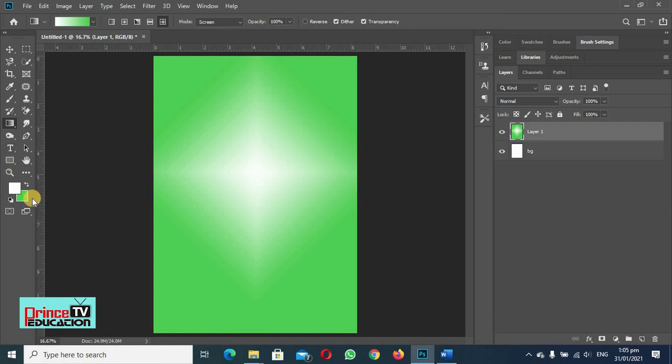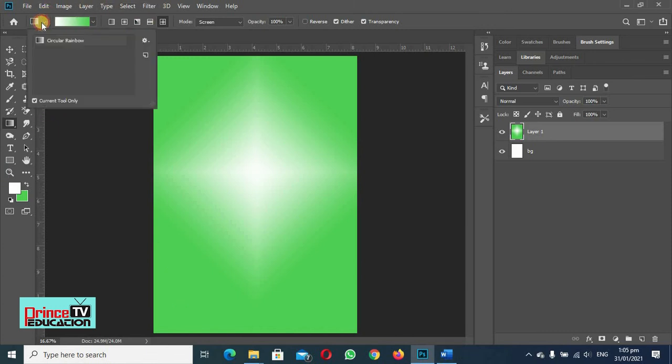So now you can see that this is background and this is foreground, and the background color is given to the back and the foreground is colored in the middle. So if we press reverse, these colors will be reversed. We can select the opacity, we can select the transparency of this gradient.